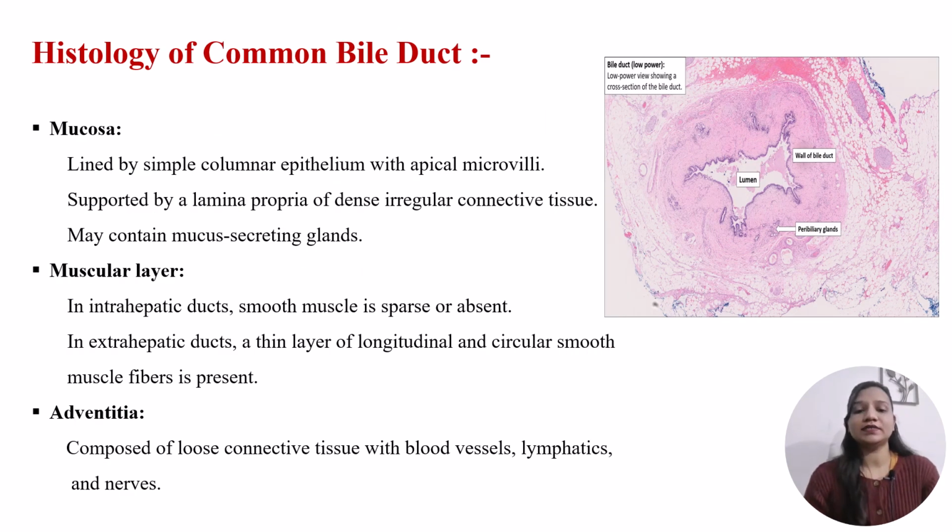Okay. Now let's see the histology of the common bile duct. First, the mucosa of the common bile duct is lined by simple columnar epithelium with apical microvilli. So here also, just like the gallbladder, on the apex of the columnar cells there are microvilli, which are like brush borders, and they are supported by lamina propria of dense irregular connective tissue, which may contain